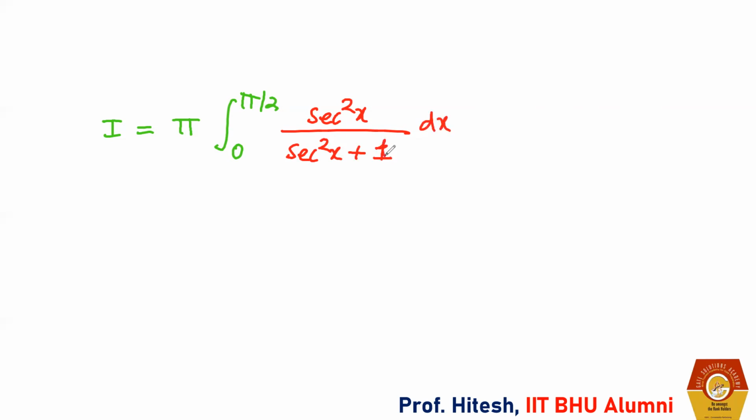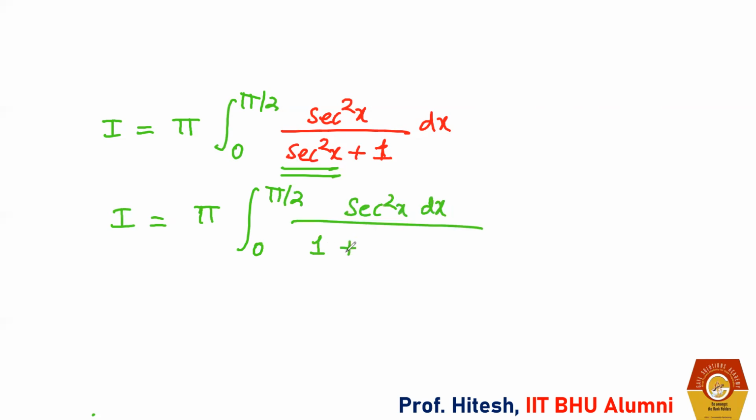What was it? 1 plus 1 upon 1 plus cos square. I have multiplied, because we solved this question. tan square we can put as sec square minus 1, and sec square we can put as 1 plus tan square. So I is equal to pi, 0 to pi upon 2, sec square x dx divided by 1 plus